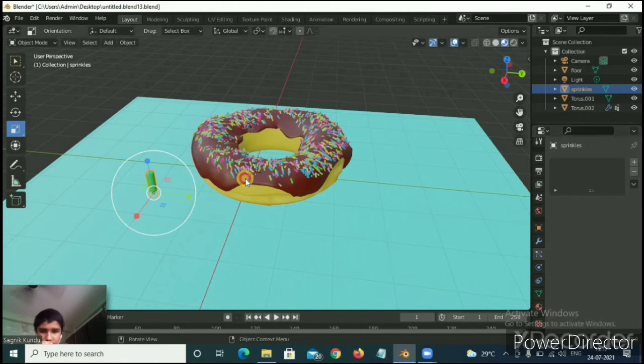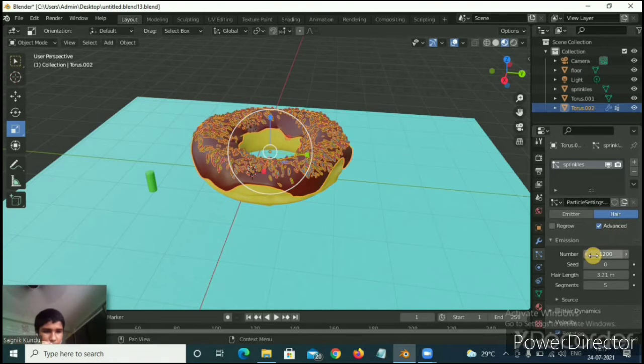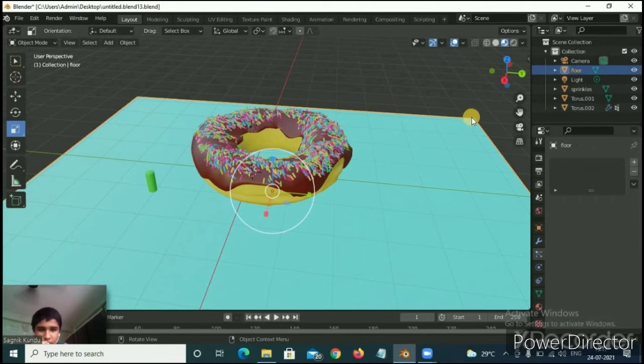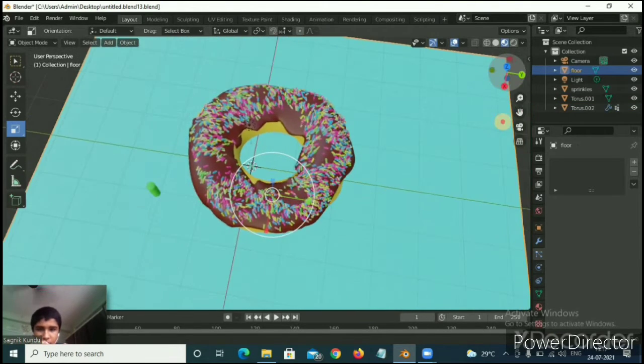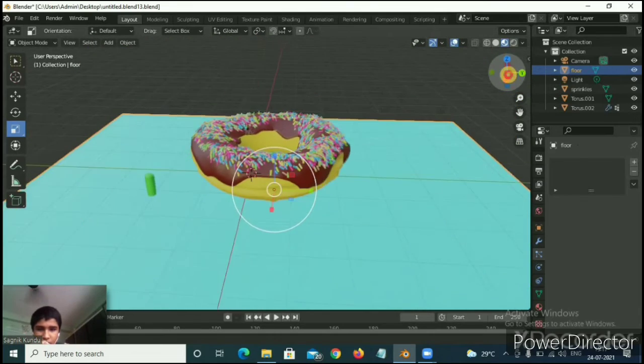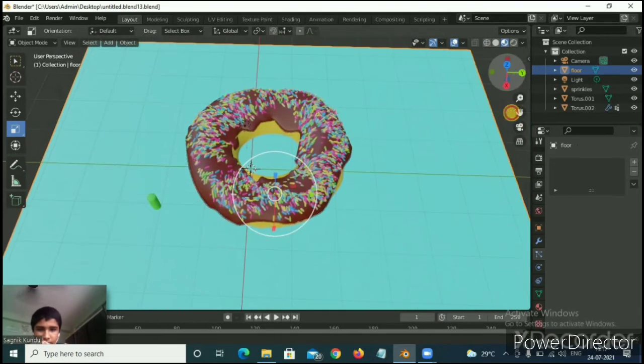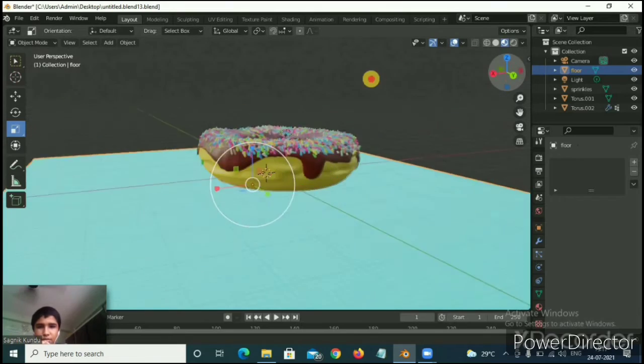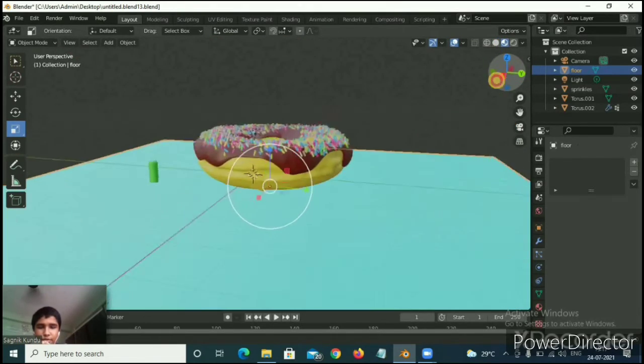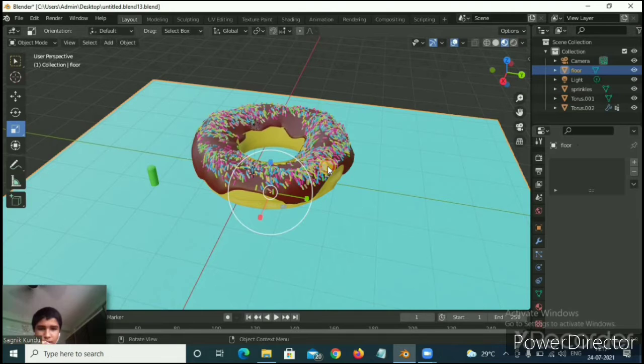Let me select the icing, and if I keep it 200, is it looking beautiful or not? 2000, sorry. You can keep it, it's looking fine, but I will keep it from my choice.